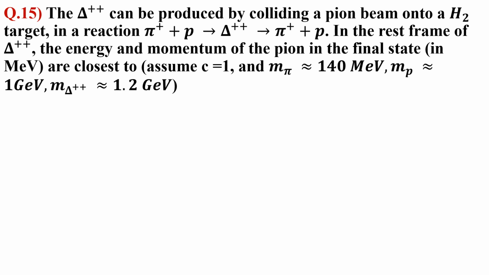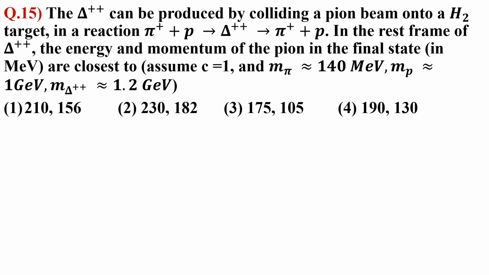Question 15. The Delta++ can be produced by colliding a pion beam onto an H2 target. In the reaction π+ + p → Δ++ → π+ + p, in the rest frame of the Δ++, the energy and momentum of the pion in the final state, in MeV, are closest to: